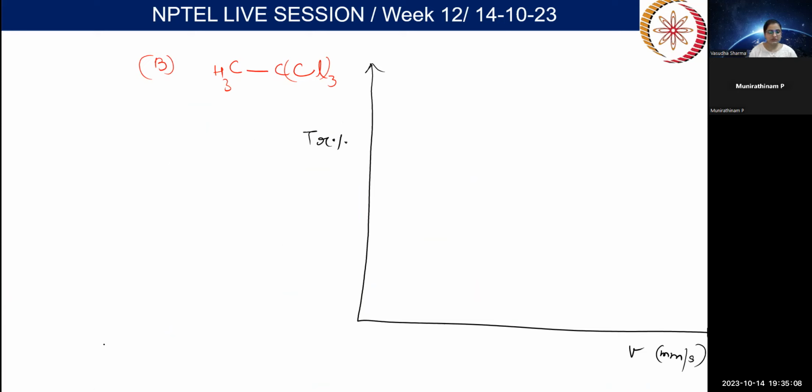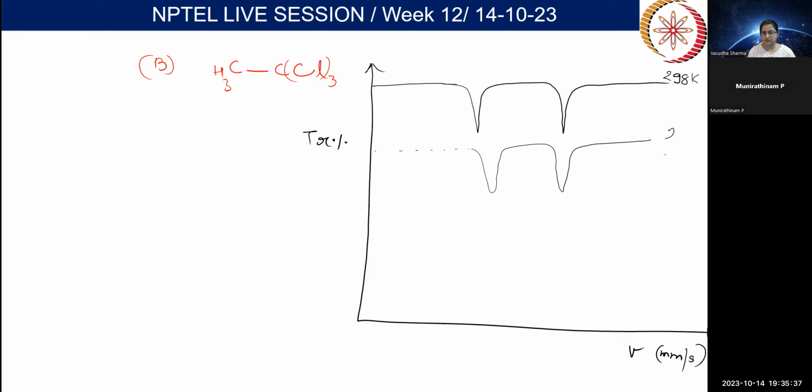So firstly here what we observe, we are getting at 298. And when we are going down, we're almost expecting it to come. This is at 240. Then it